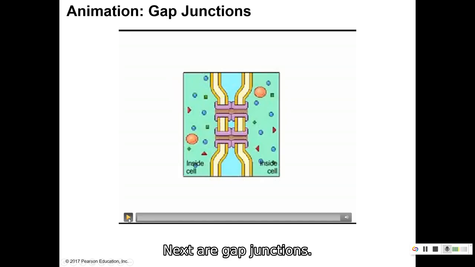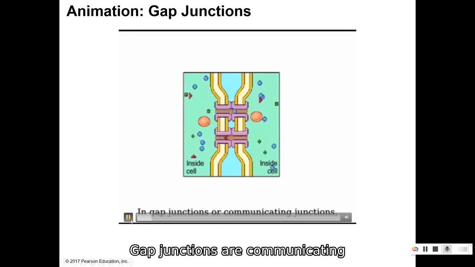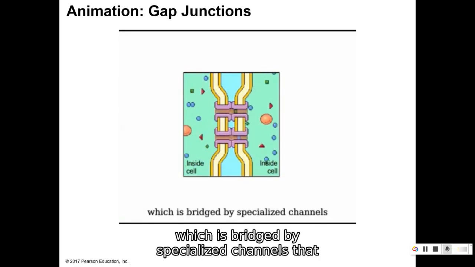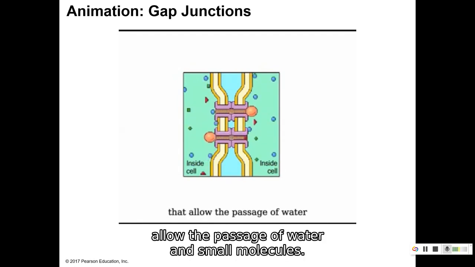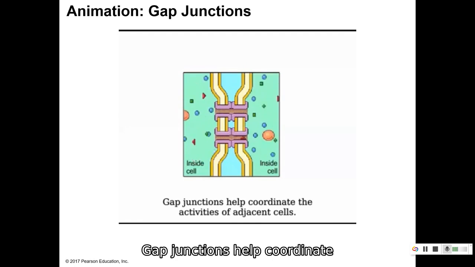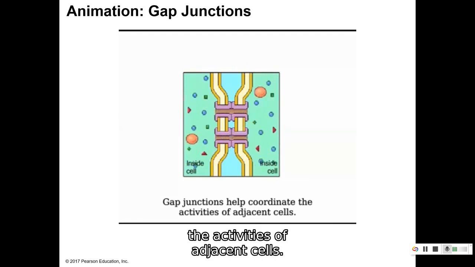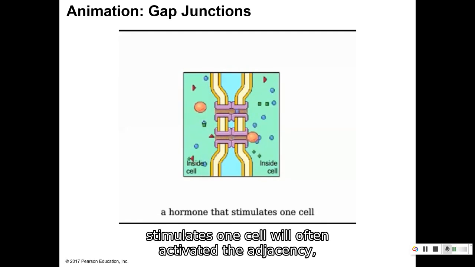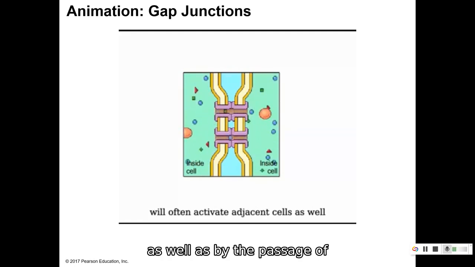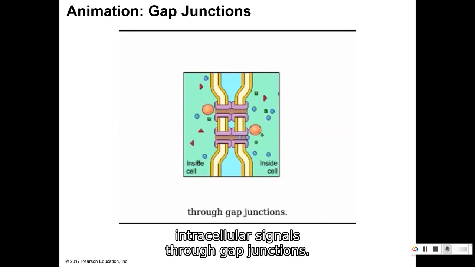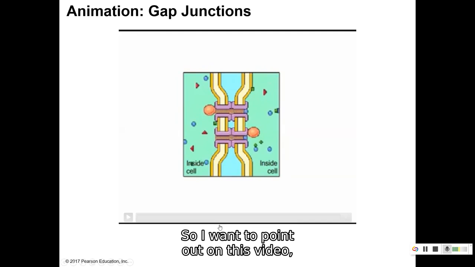Next are gap junctions. In gap junctions, or communicating junctions, two cells are separated by a small gap, which is bridged by specialized channels that allow the passage of water and small molecules. Gap junctions help coordinate the activities of adjacent cells. For example, a hormone that stimulates one cell will often activate adjacent cells as well by the passage of intracellular signals through gap junctions. Okay, so I want to point out on this video, you could see these small little